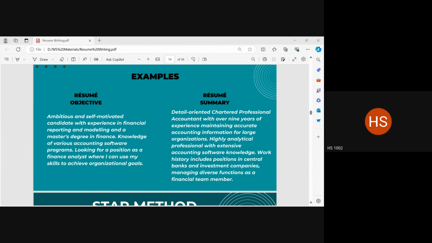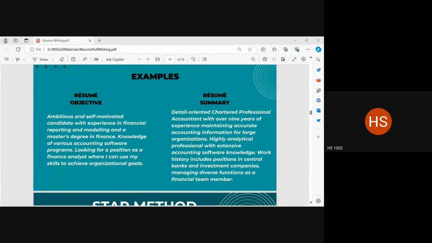You don't use both. You use a resume summary if you are an experienced candidate with several years of work in that particular domain to your credit. So your requirement there is to summarize all of that. Okay? You use a resume objective if you are an entry level applicant, if you are a fresher, for instance.